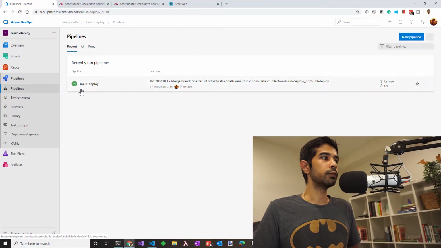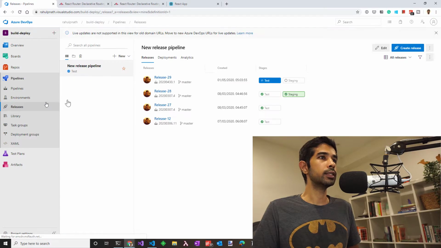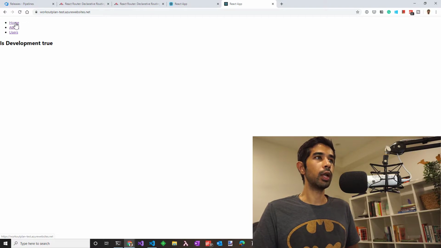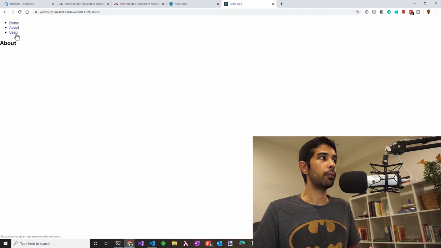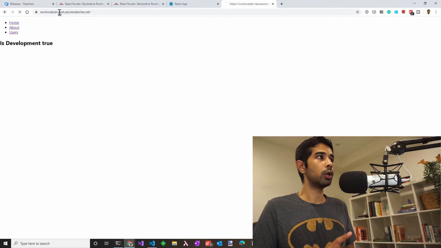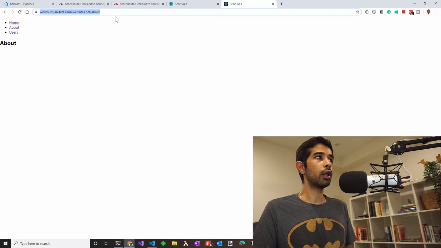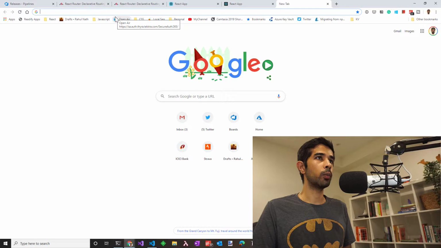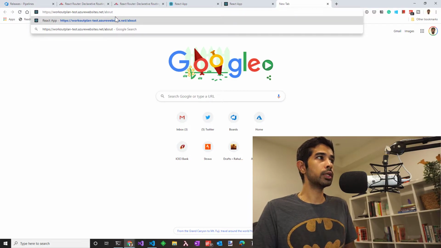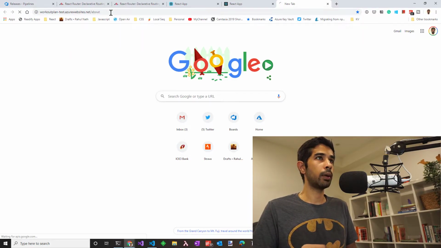The build is successful, which should trigger off a new release automatically to the web app that we have set up. The release is successful and we can see the different routes in the application. Everything works fine as long as you're navigating from these URLs and the root page has loaded. That's because I used the root URL to launch the website. Let's assume a user has this full URL of the About page and uses that to launch the application. So let's open up a new tab and use the /about URL and launch the application.